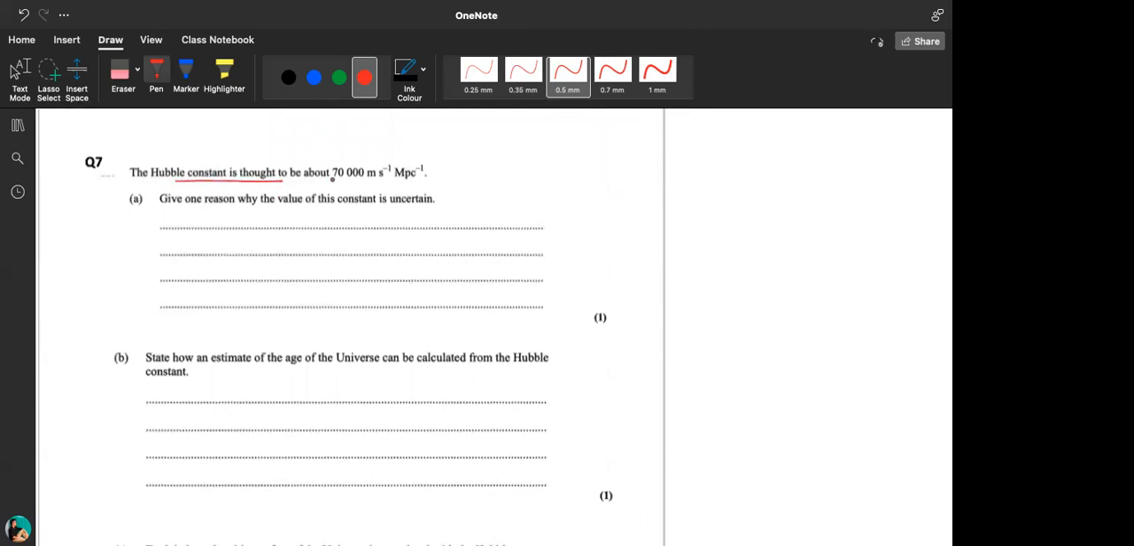The Hubble constant is 70,000. Give one reason why it is uncertain. Okay, we mentioned the uncertainty in the distance, right? So it's difficult to